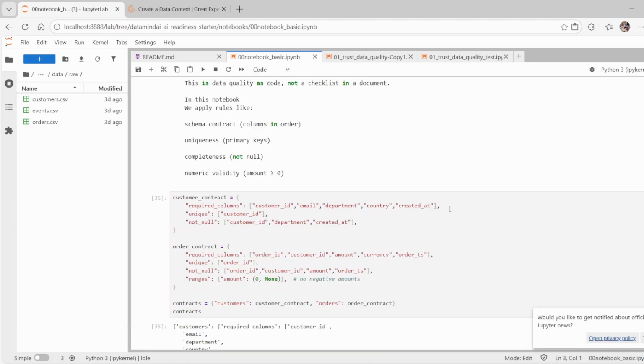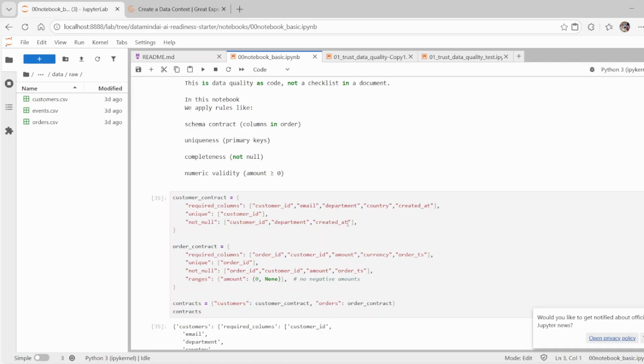So if there is a problem, if something is missing, we need to be notified. We need to know this. We need to put it in a log or alert or something like that. So this is a required list of columns. And then, for example, customer ID should be unique. This is also our requirement. There shouldn't be duplication of customer ID. So we want it to be unique. It's the primary key, as it were. And then for these three columns, we don't want them to have a null value. So these are the rules